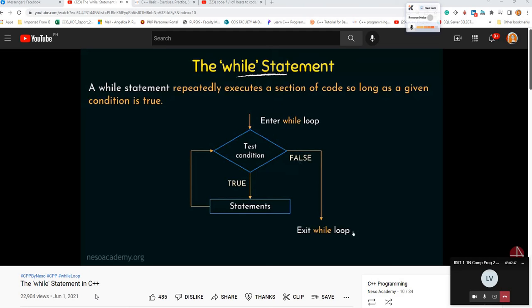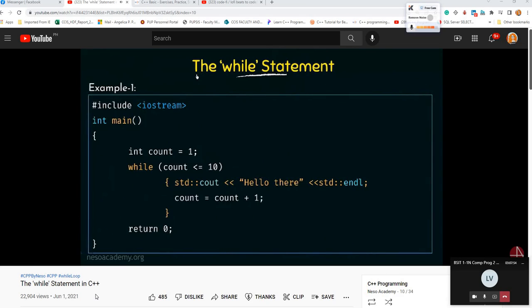So that is how the while statement works. So let us take an example program to understand the working of the while statement. So here is an example that shows the working of the while statement, and also it shows the syntax of the while statement. So here we start our program by including the header, and then we have the main function